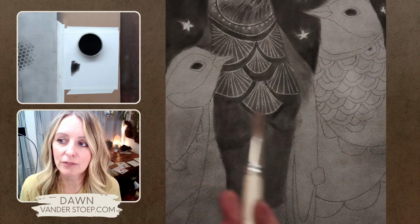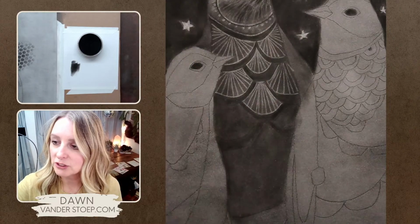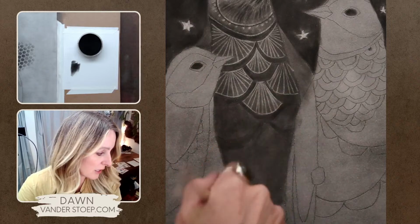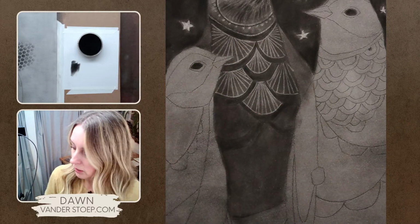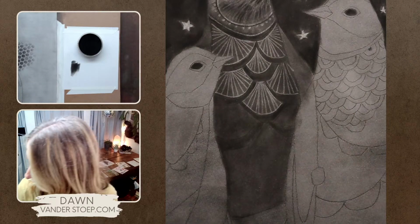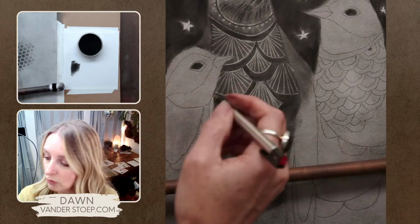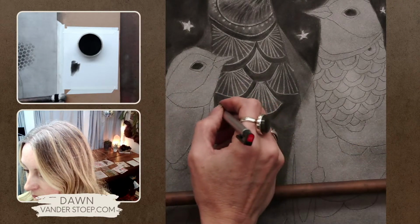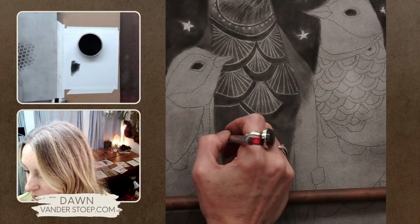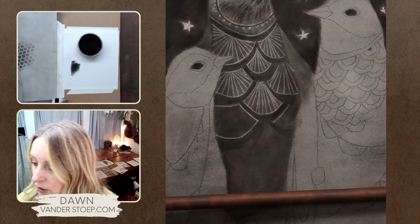A lot of people have this thought that the pastel is so fragile that it's just going to smear off the thing. No, I can brush this with this brush and it does not smear my work. A lot of that is about your paper and what supplies you're using. The PanPastel is ultra fine, so it's going to sit in the paper differently, and it also allows you to pull up better. If I was using charcoal, as you know, charcoal I'm using for my structure, so if I used charcoal